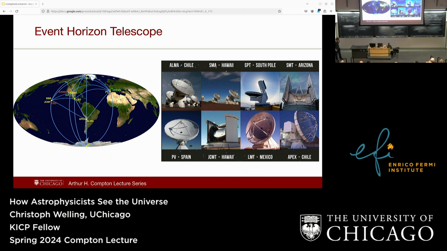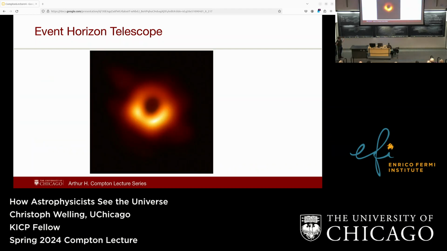And the cool thing is, with technology today, I can just basically write all the data at each of these telescopes to some hard drive, and then I just put the hard drive on a plane, get them all in one position, and then I just have computers run over it, and I can do this whole calculation of what the picture would be in post-processing. And with this, you can get amazingly good resolution.